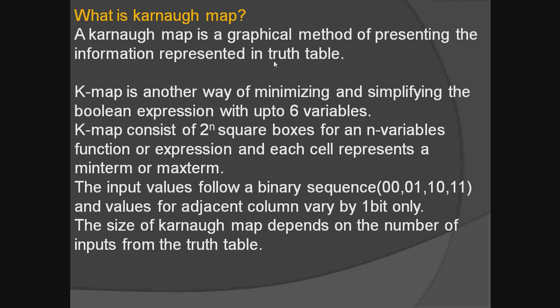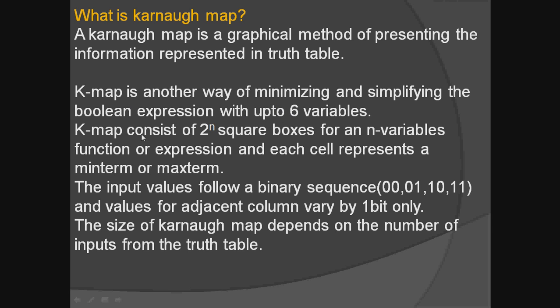So now we have seen the truth table also. Now we have this K-map, so it is like a truth table format, but a different pictorial method. So this simplifies or minimizes the Boolean expression and up to 6 variables, so we can evaluate up to